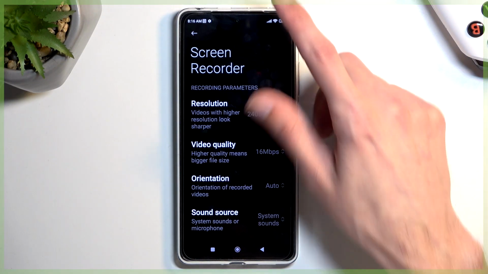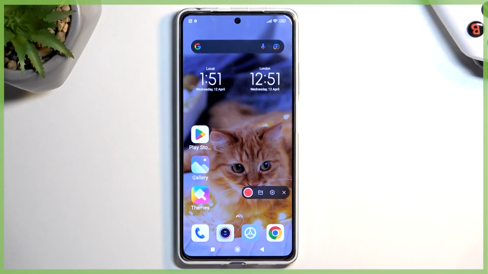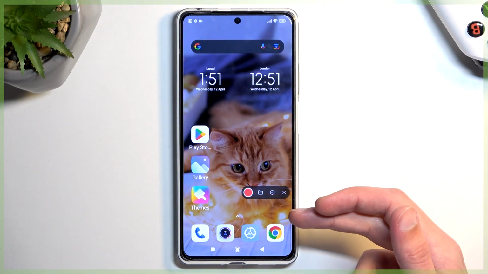So there we go. Now we can close this, and let's find the toggle once more. I can tap on it. It will bring